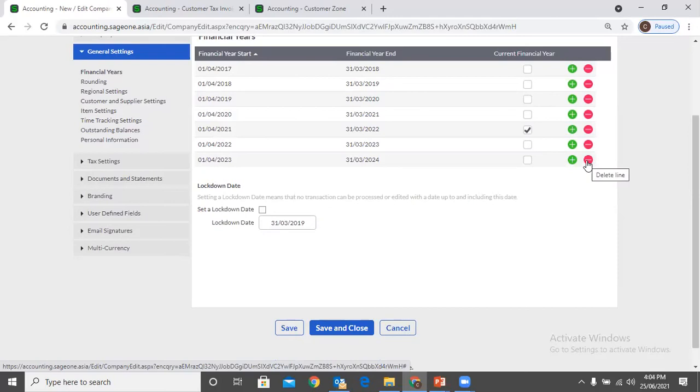Button, then that financial year will delete. Okay, you can add financial years by clicking this plus mark, and if you want to delete a financial year, you can click this minus or red color button. Right, like that you can add or remove your financial years,